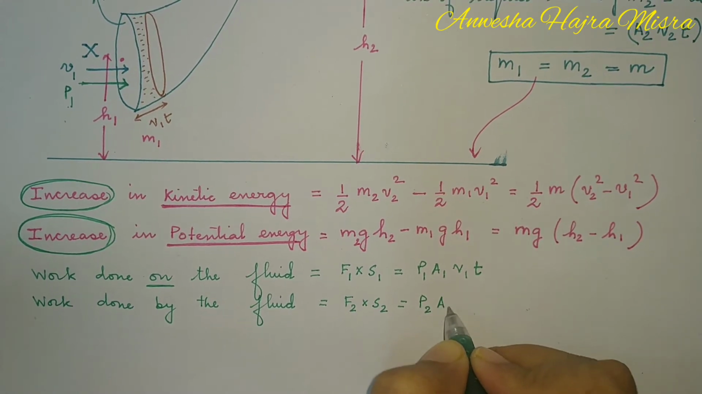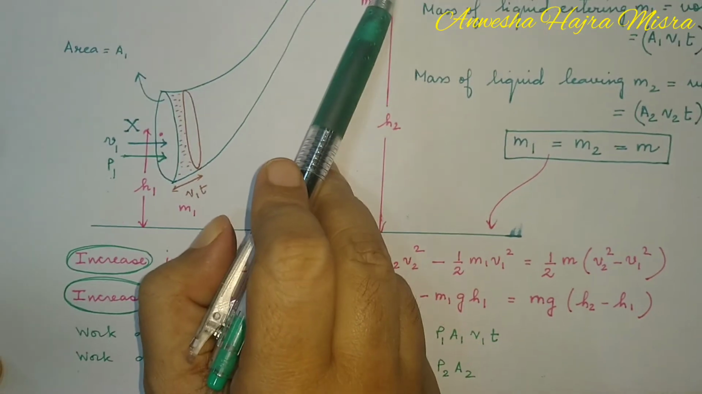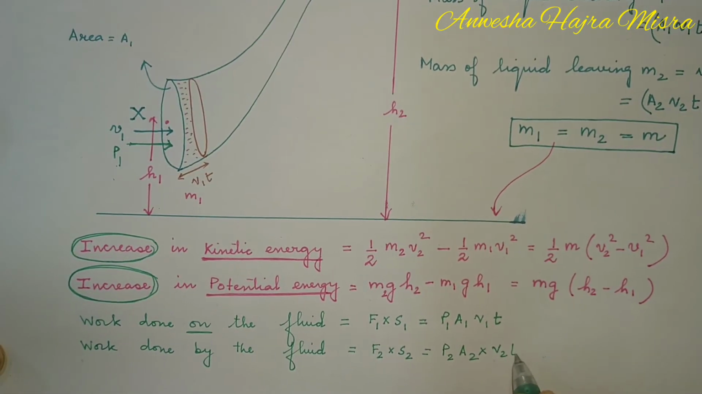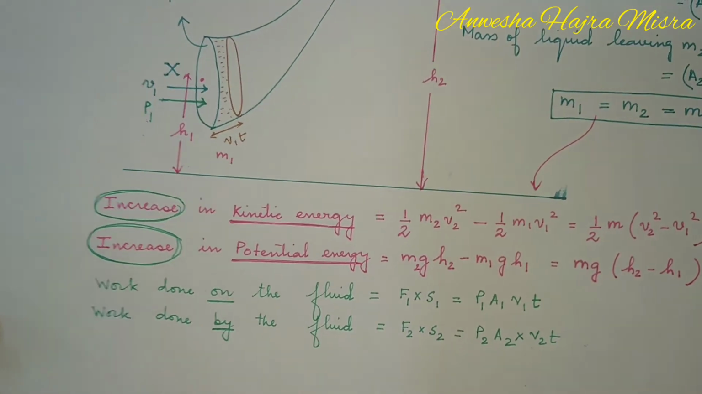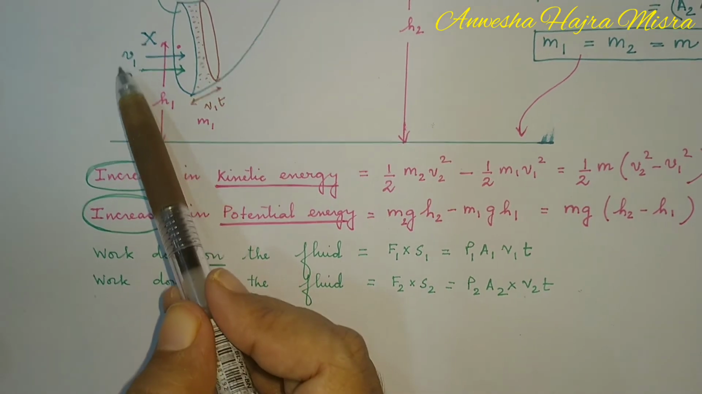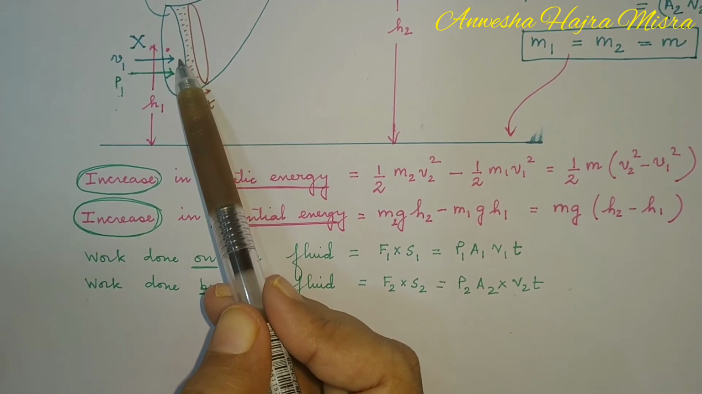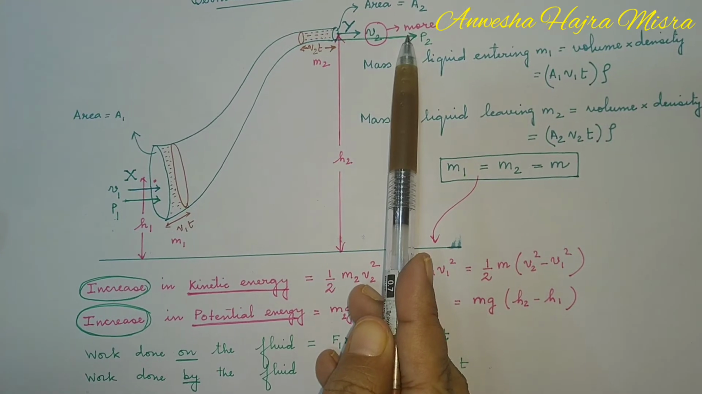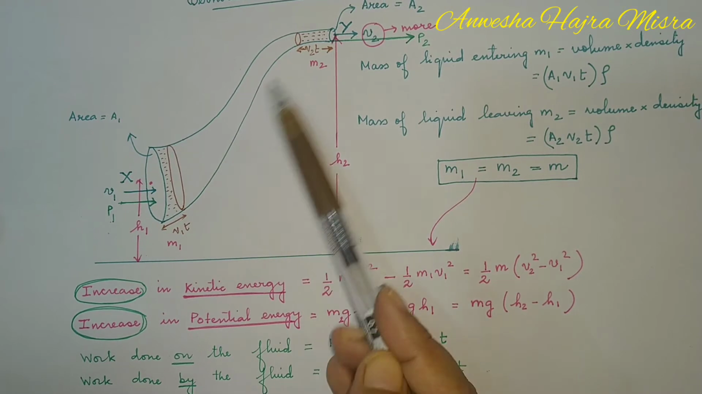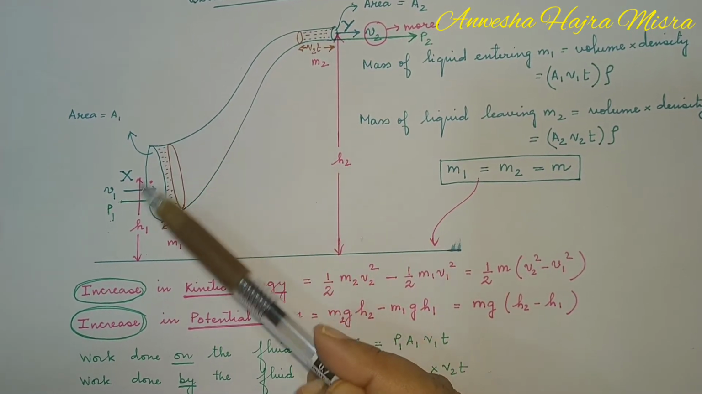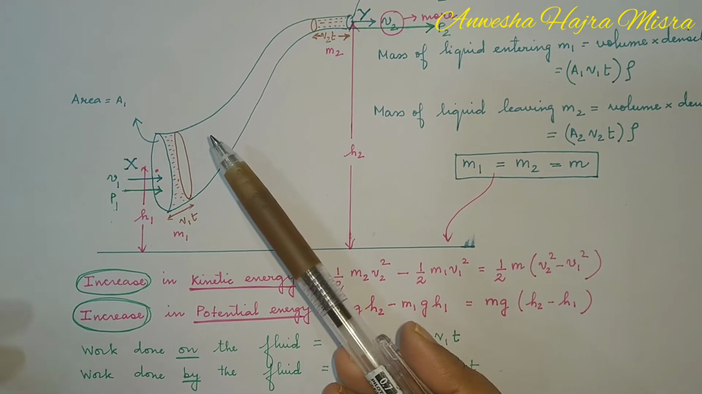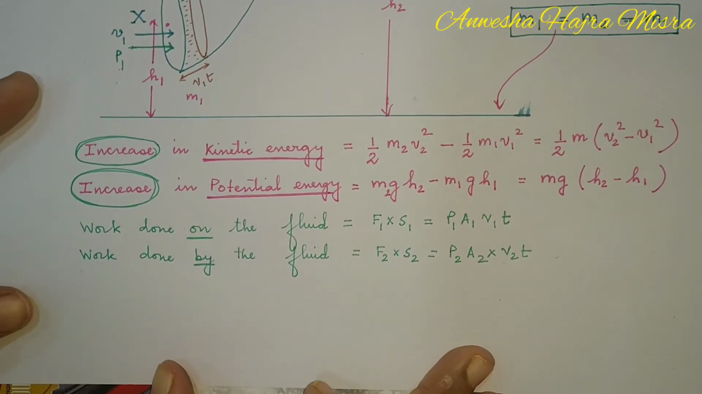P2 into A2. The pressure is P2, area is A2, and displacement is V2T. This is the work done by the fluid. Now, if you subtract, suppose you do 10 joule of work on the liquid, and the liquid, when it moves out, it does 2 joule of work. So the remaining 8 joule, 10 minus 2, goes for increase in kinetic energy and potential energy. So I can write this as